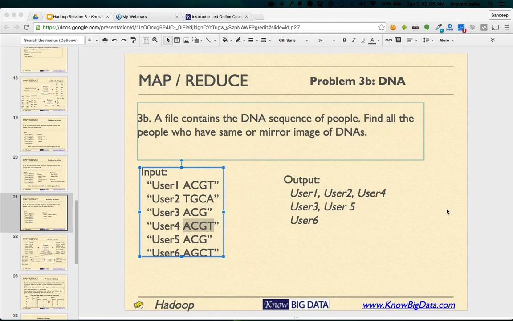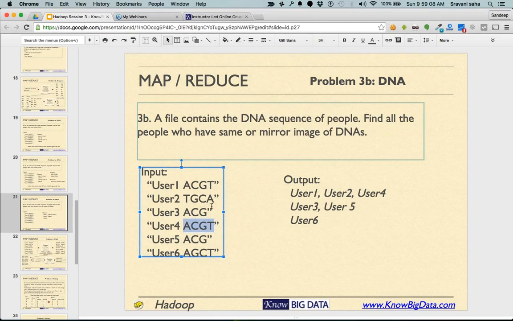Murugesh says for the map, the key could be opposite. If you do the key opposite, let's say ACGT becomes TGCA and this becomes ACGT. Okay. Again, when Hadoop looks at it,